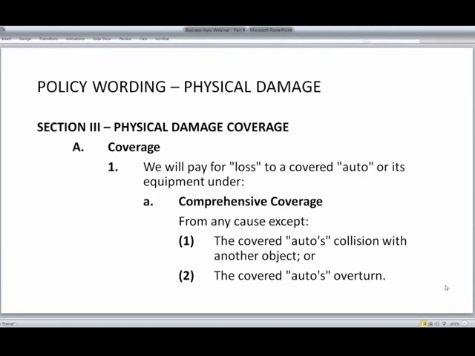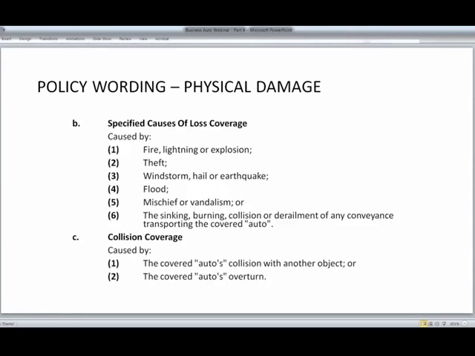Then we choose three causes of losses. Comprehensive. Comprehensive covers all causes of losses except for collision or upset. Or we can have specified cause of loss, where we have to name the cause of loss that caused it, and that would be up to the 6th. And then, either to specified, we can add what was not covered under comprehensive, by adding comp and collision to the desired cause of losses. Or if we have specified, we can add the second cause of loss, or the 7th cause of loss, which would be collision or turnover. So we choose those. The big difference is